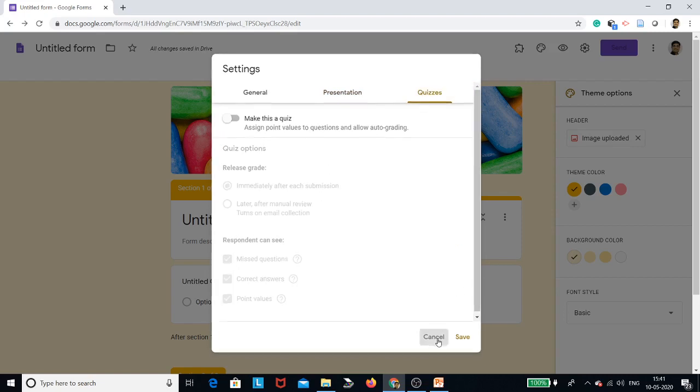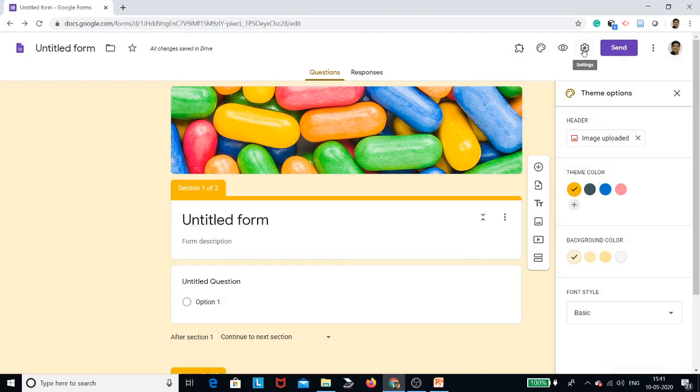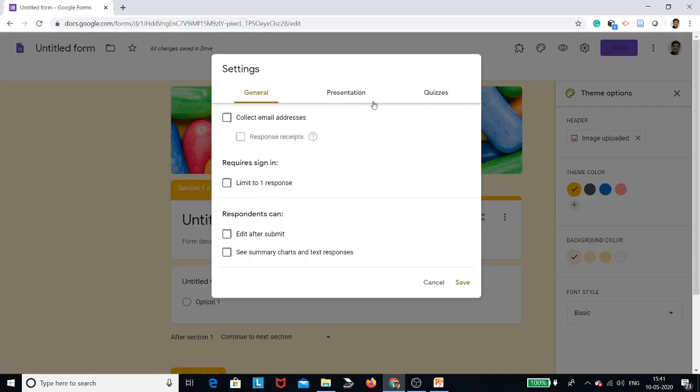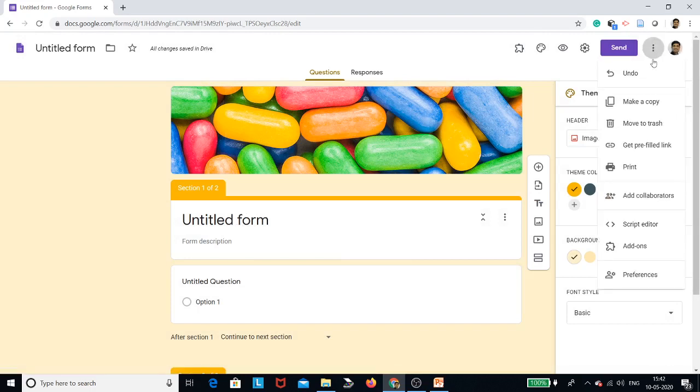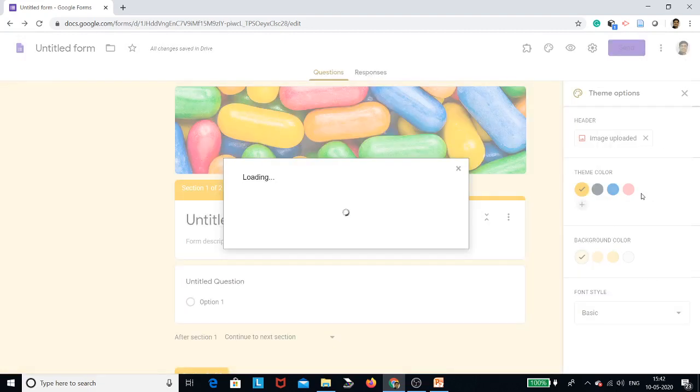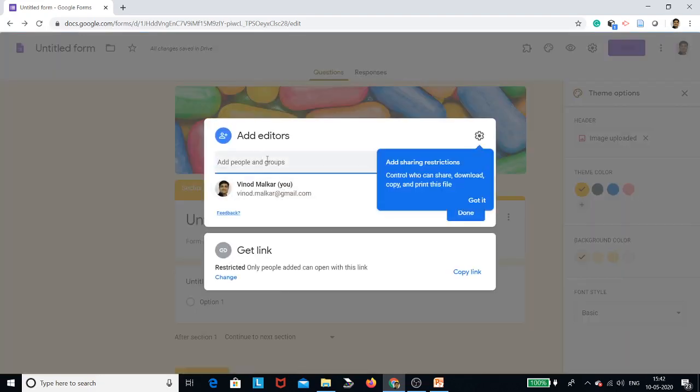So these options are available, and I told you in the settings, in these 3 dots you can come up with undo, make a copy, get pre-filled link, print, add collaborators. If you want to add people as collaborators, you just add their email here, and then you can share that link also.